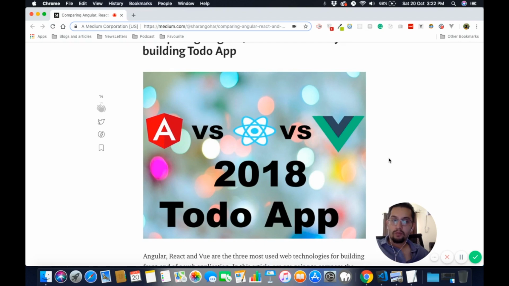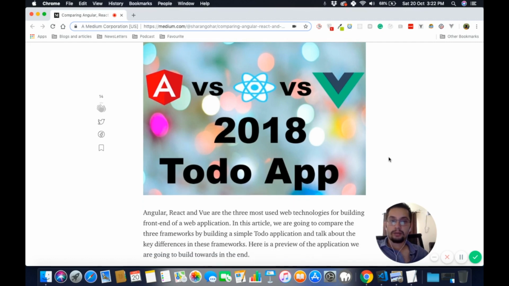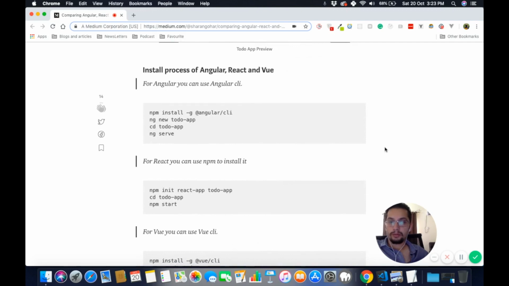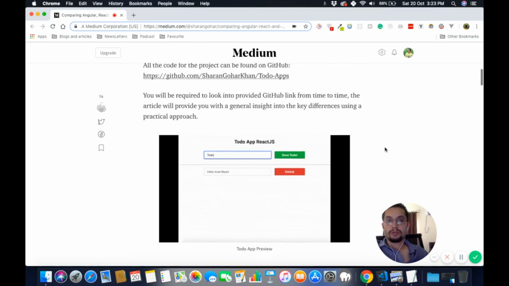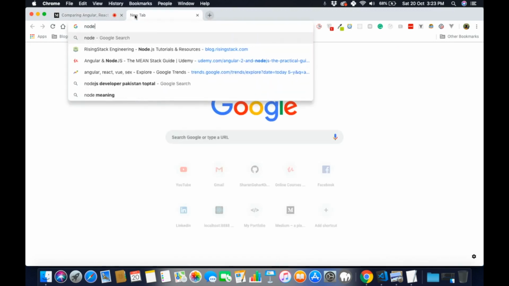And the first thing that we need to do is install Angular, Vue, and React. Normally we use Angular CLI for building Angular, and the steps are given over here, so you can go through the Medium article as well. Install React through npm and install Vue through Vue CLI. In order to do this, you need to have npm and Node installed. If you want to install Node, you can go to Node.js